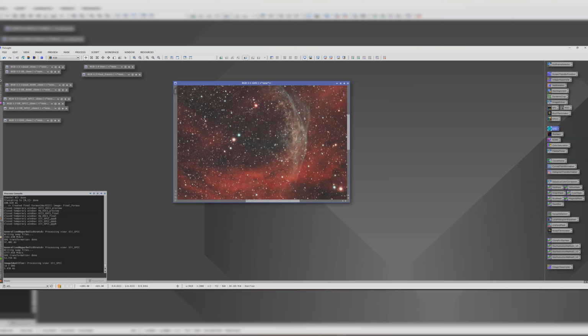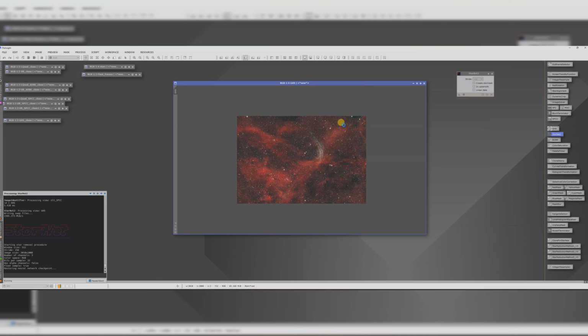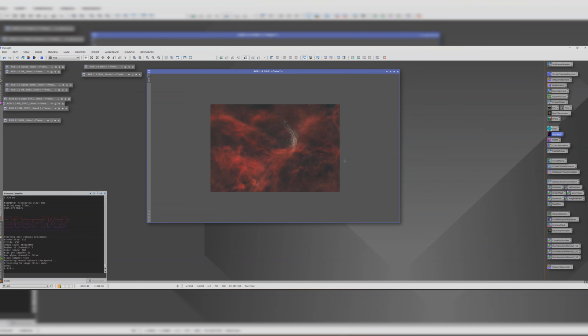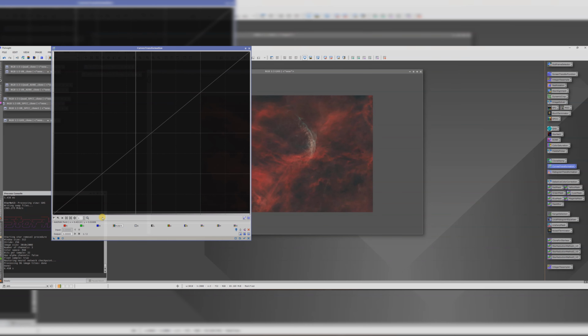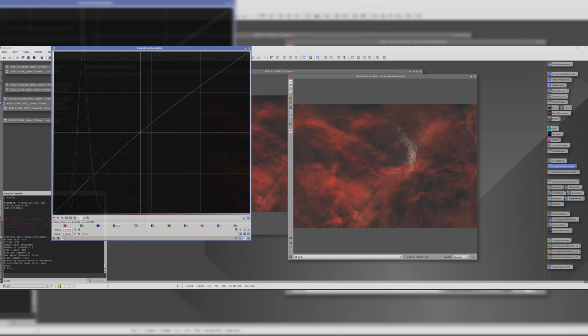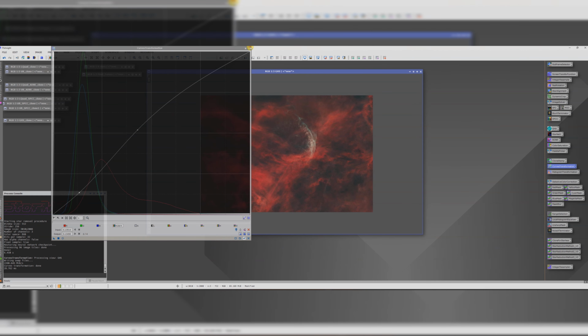We don't need our stars, do we? Because these are not accurate colour stars. So let's just remove those so that we can just focus on the nebulosity. Alright, that looks pretty cool, I think, actually. You're starting to see some detail here in the shell. That's what we want. Right, let's give it a little curves boost, just to make it pop a little bit more. Before, after, before, after. But I want this shell to pop